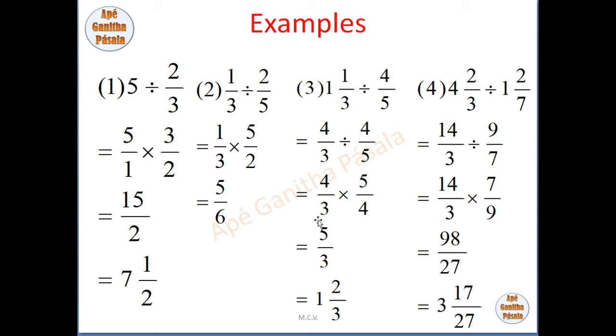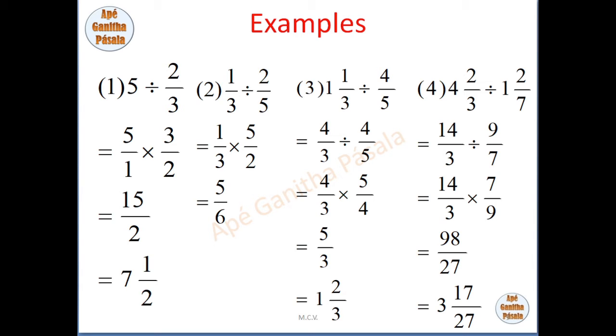Now, you can simplify this 4. I told you, you can divide the numerator and denominator. So you can cut this numerator 4 and the denominator 4. When you cut that, only 5 remains in the numerator, only 3 remains in the denominator. Then 5 over 3. 5 over 3 can be converted into a mixed number because the numerator is greater than the denominator. 3 goes into 5 once, with remainder 2, so 1 and 2 over 3.